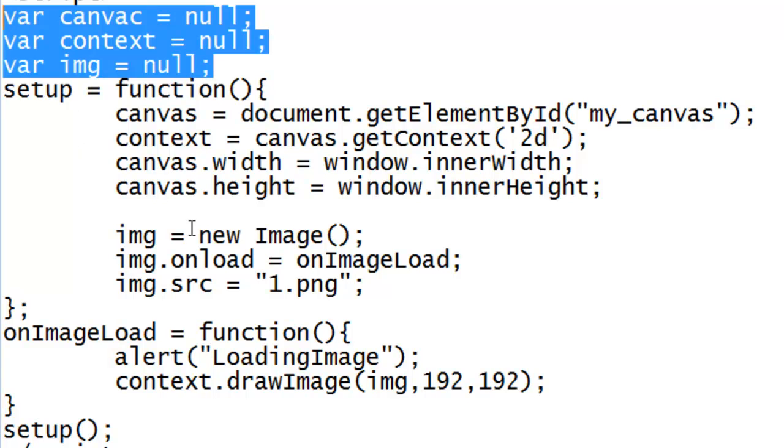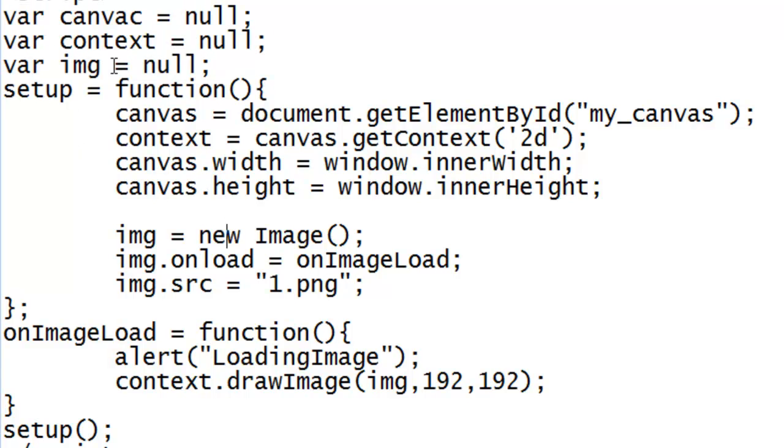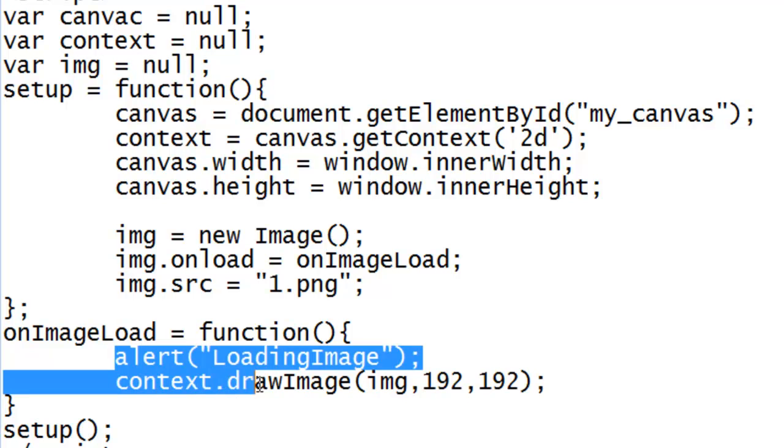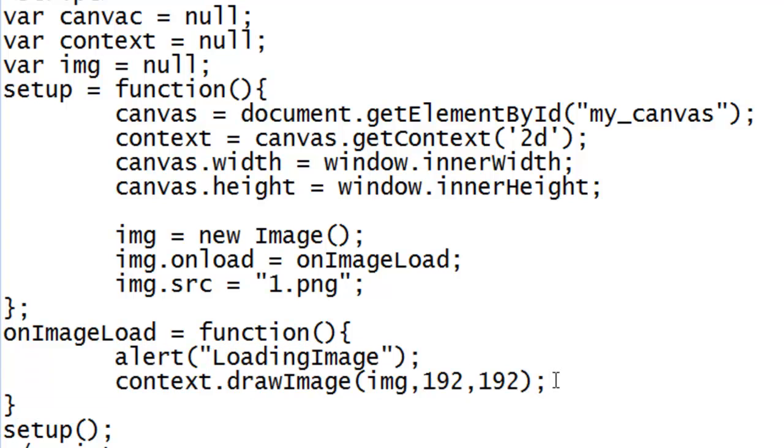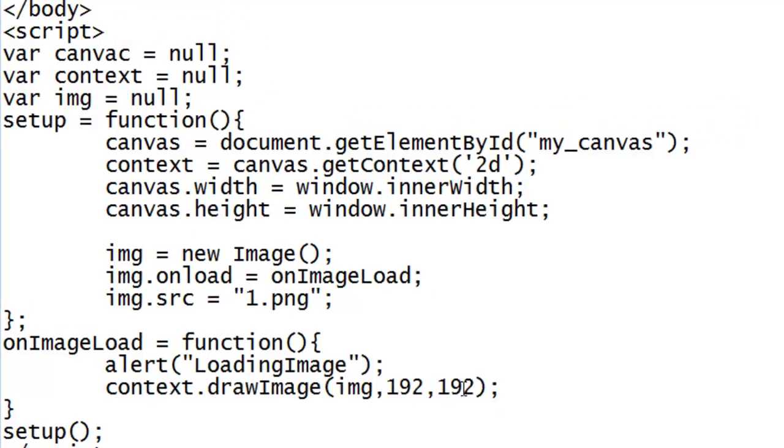We already created an image and stored it in a global variable. We created context and stored it in a global variable. So those variables are still accessible in this function and they still have that data. Now what is this 192 cross 192? We'll see that position. Let's execute this code.